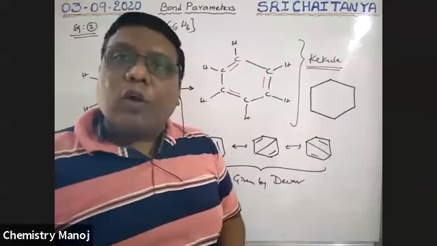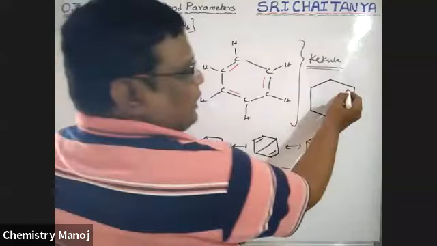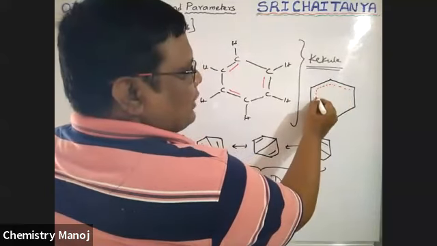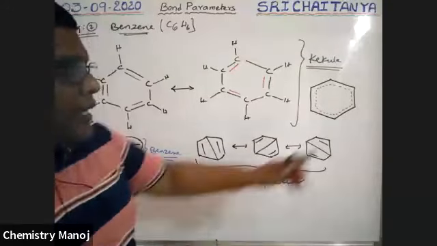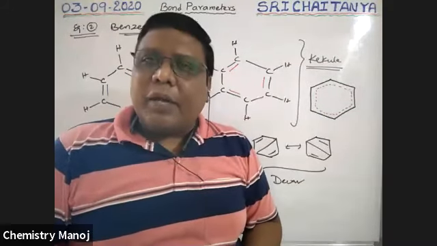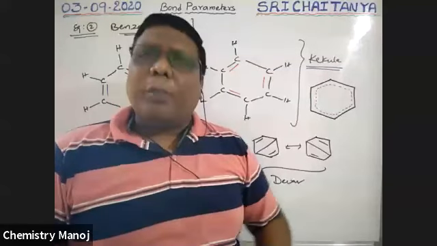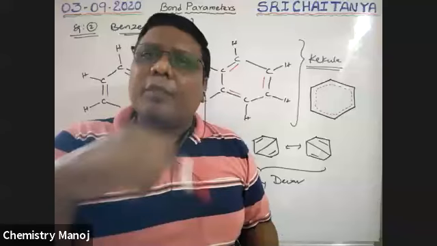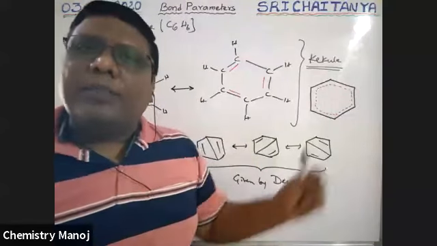Here 3 delocalized pi bonds are there. Sometimes a pi bond is here, sometimes here, sometimes here. That means now there is a circle inside that ring. That circle is nothing but 3 pi bonds. Where is it? No perfect place. That is the variable, rotatable bond. This is called the resonance hybrid of benzene.